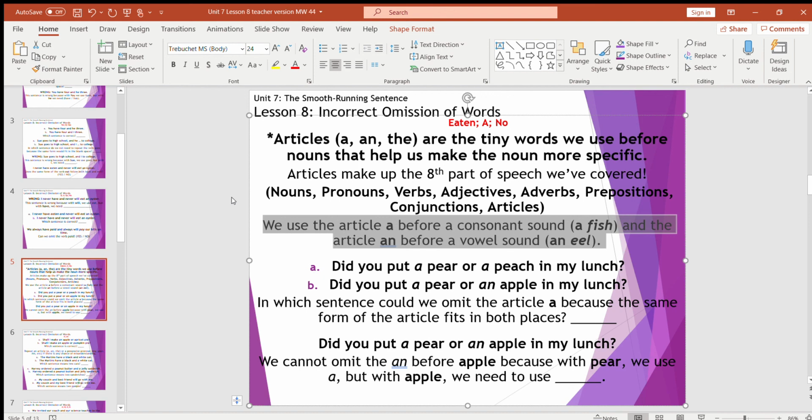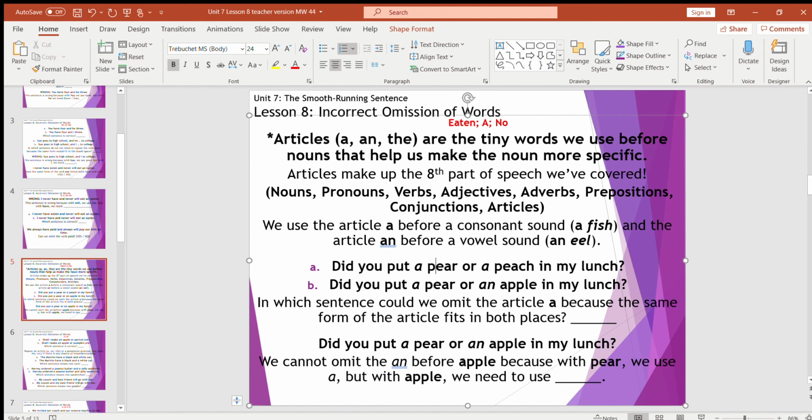So if we have, did you put a pear or a peach in my lunch, versus did you put a pear or an apple in my lunch, in which sentence could we take out the article a because the same form fits in both places? In sentence A, right? Because it's a pear, a peach. Whereas it'd be wrong to say, did you put a pear or an apple in my lunch if we took out the an,